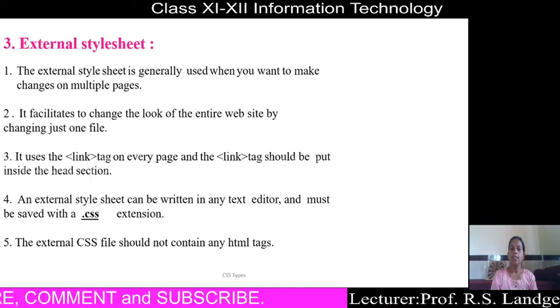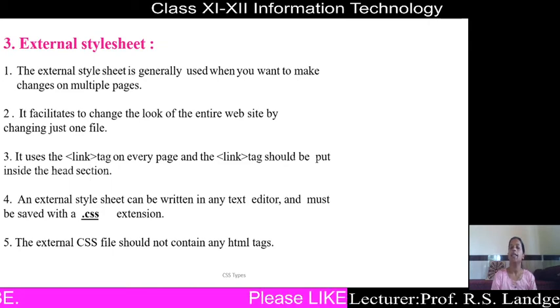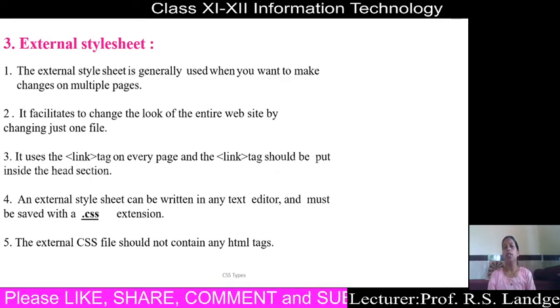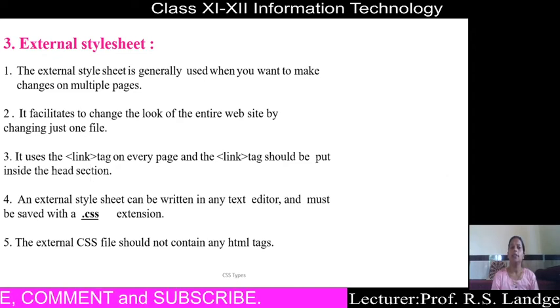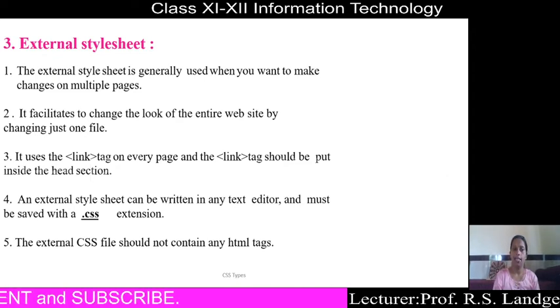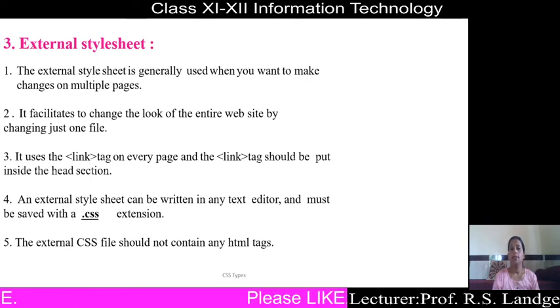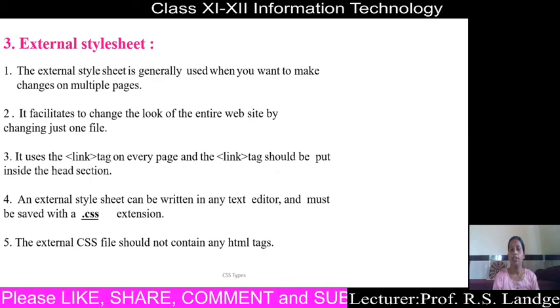It uses a link tag on every page, and the link tag should be put inside the head section. Means inside a whole website, each web page should contain a link tag inside the head section, and that link tag particularly links the external style file.